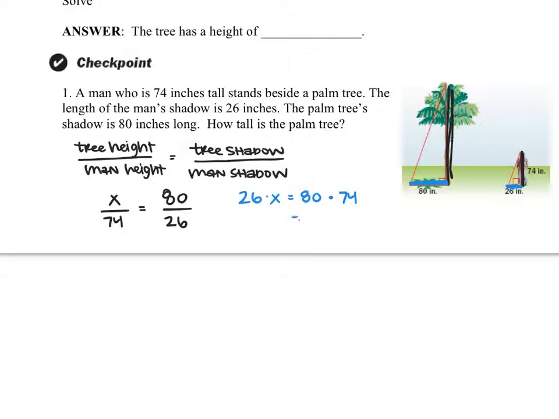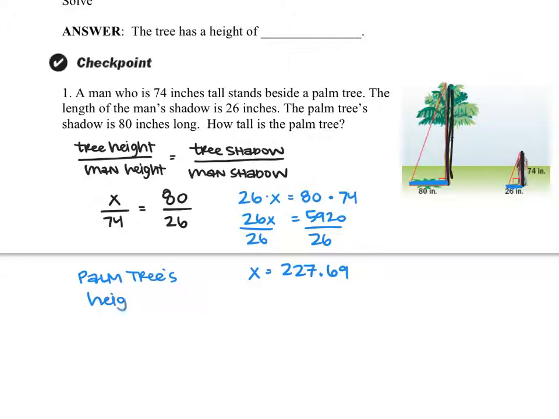80 times 74 is 5,920. Divide each side by 26. And I get that X is 227.69. Again, we always round to the nearest hundredth when necessary. And so my final answer here would be that the palm tree's height